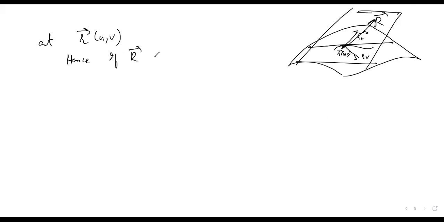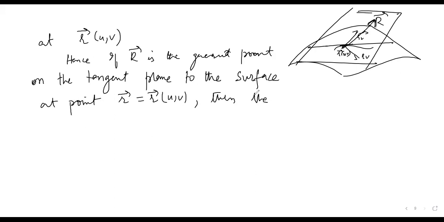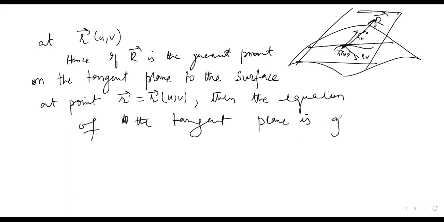So if R is a generic point, that means an arbitrary point, on the tangent plane to the surface at point small r equal to r at uv, then the equation of the tangent plane is given by